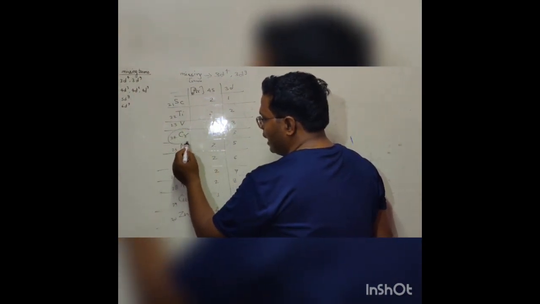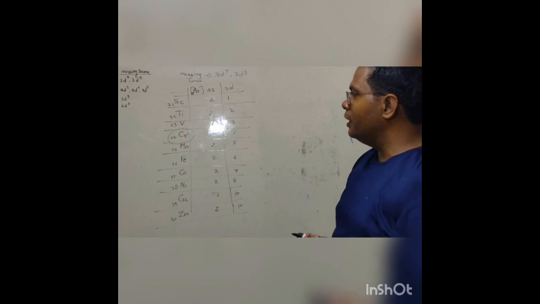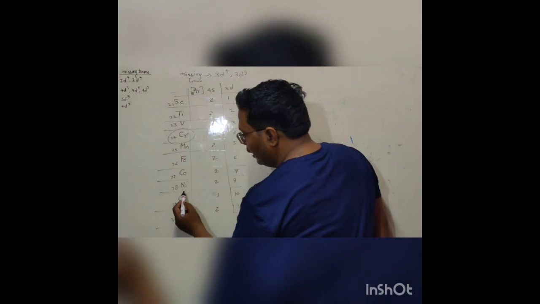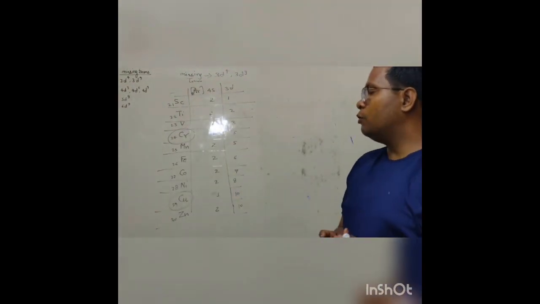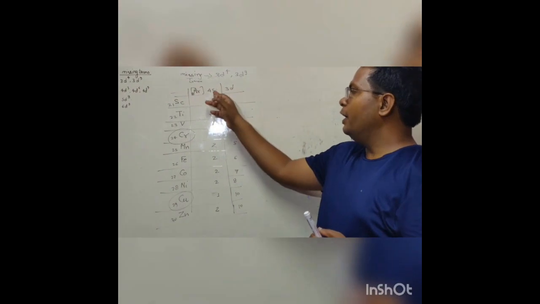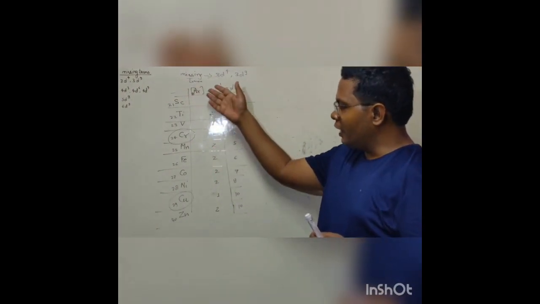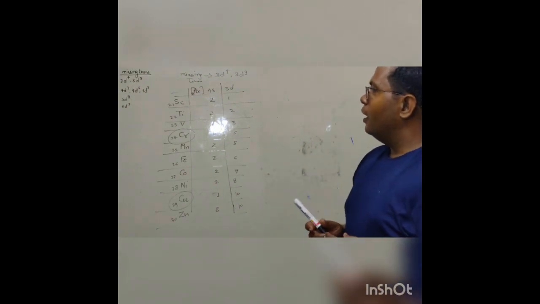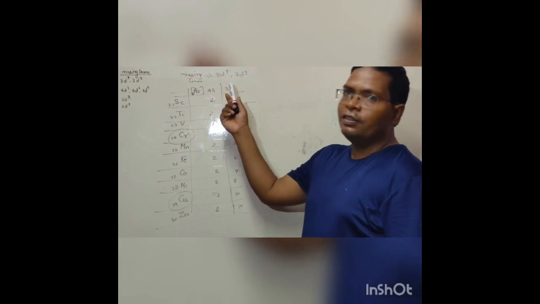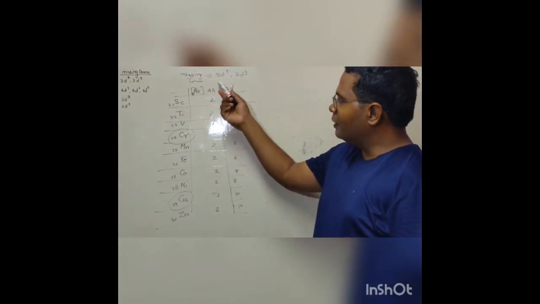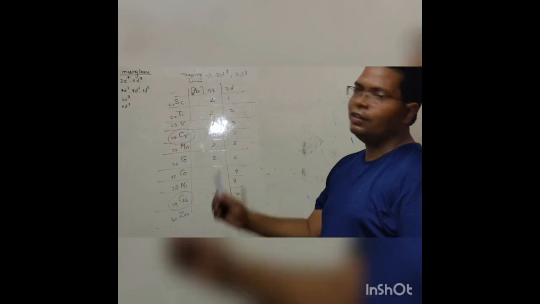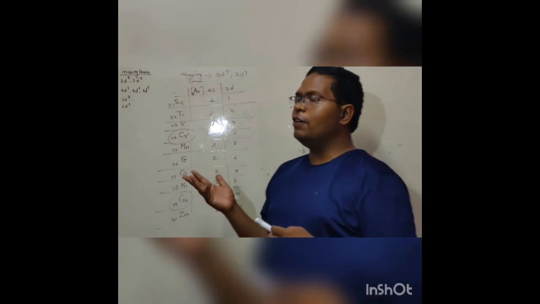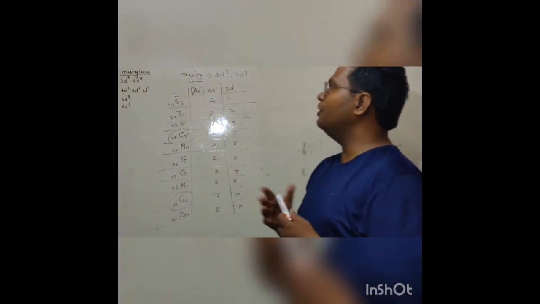These are asked as exceptions in class 11, exceptions of Aufbau law, that is chromium 24 and copper 29. These 2 elements have 1 electron in 4s subshell and the rest of the elements have 2 electrons in their 4s subshell. Means if you remember the missing terms, definitely you will get success in finding the electronic configuration of 3d series. On the same basis, we can make the electronic configuration of 4d series, 5d series and 6d series also.